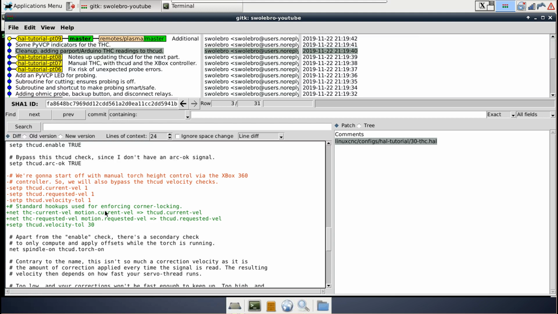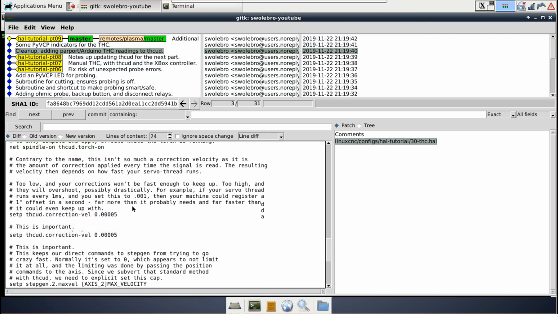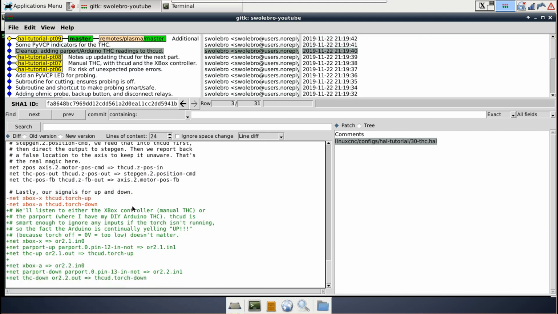So right now, as long as you're doing at least 70% of the target speed, the torch height control will be enabled, and otherwise it will stop for just a moment until the torch gets back up to speed. So now that we're not doing the manual torch height control with that Xbox controller, we want to do it the correct way. Going a bit further down, then at the very bottom, I did the changes that make the Arduino